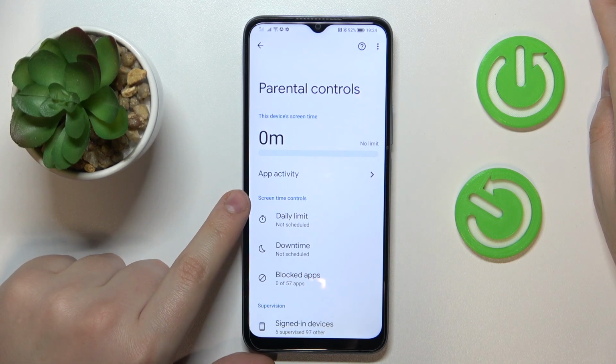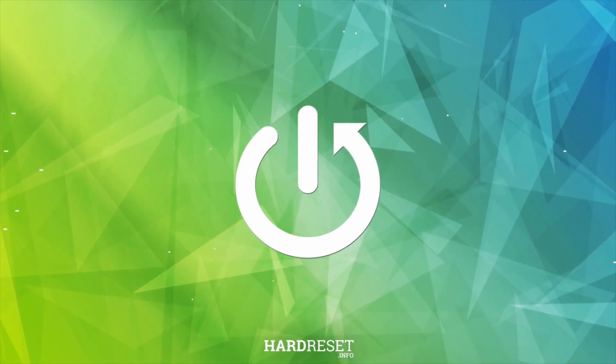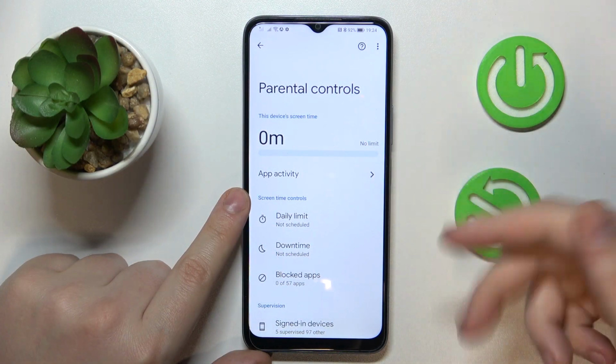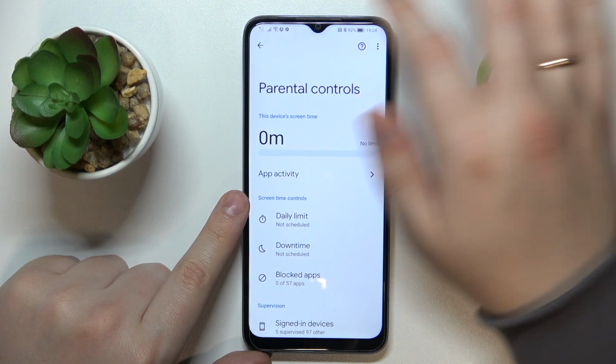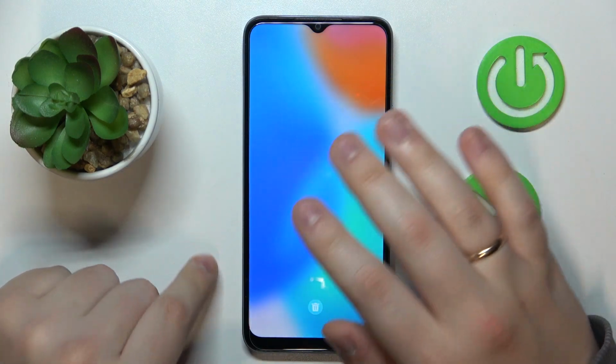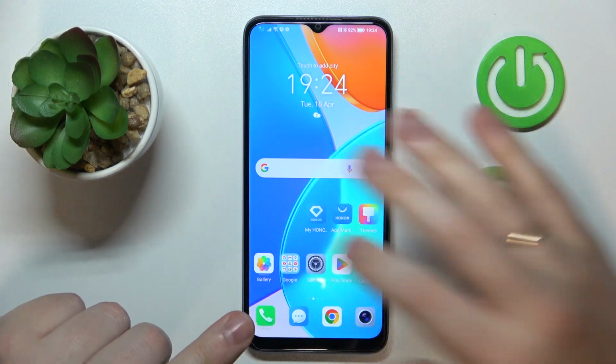This is Honor X6, and today I would like to demonstrate that you can bypass parental controls on this device. So as you can clearly see, my parental controls are currently active. In order to bypass or turn them off without having to grant any parental permission or authorization, you will